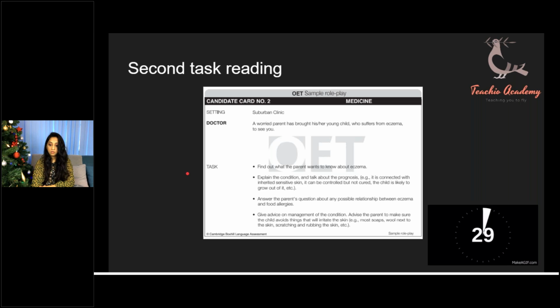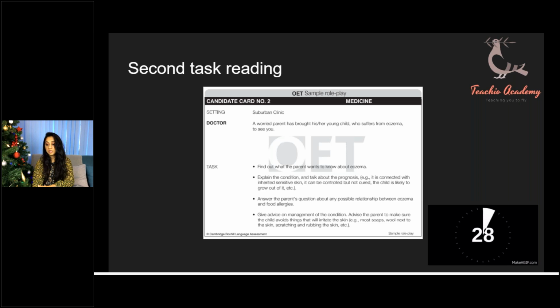Okay. So what we've done till now is that we've made sure we know of our roles. We've highlighted what the different task points are. We've highlighted what the difficult terms are that I'll be asked to explain, and we've highlighted the emotion that will make us express sympathy and empathy.